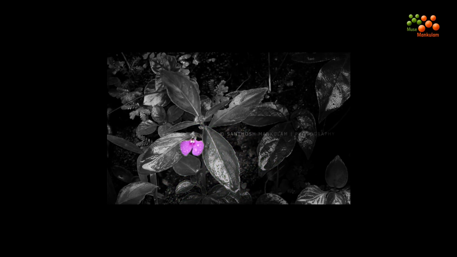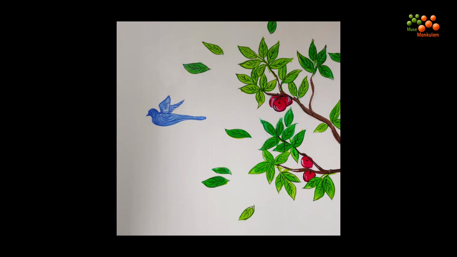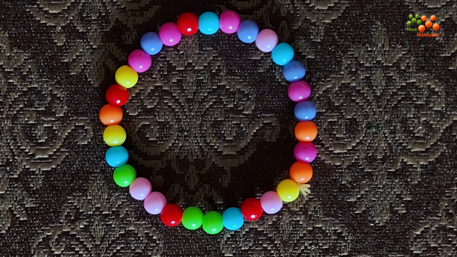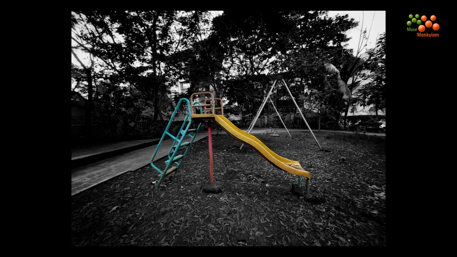We are presenting yet another episode of Anybody Can Edit, and in this video we are showing how to process your image, how to edit your image with selective coloring. You can see the pictures, how selective coloring can be applied to a picture, which will give you a focus or importance to a particular element or object in the picture. To showcase the element or object in the picture, selective coloring can be used, and in this video we will be explaining how to do the selective coloring using the Snapseed mobile app in quick steps.